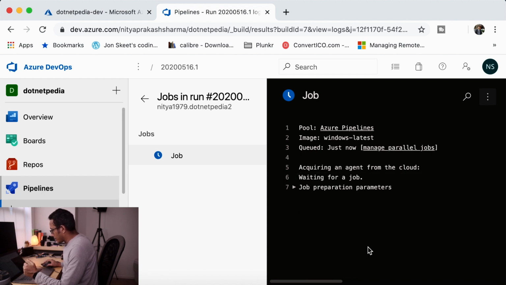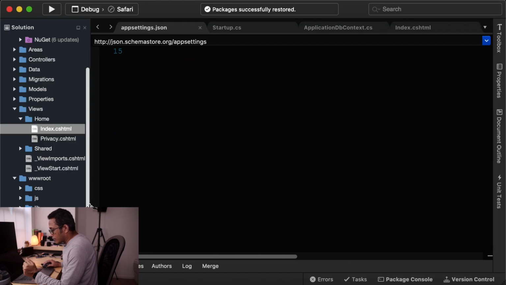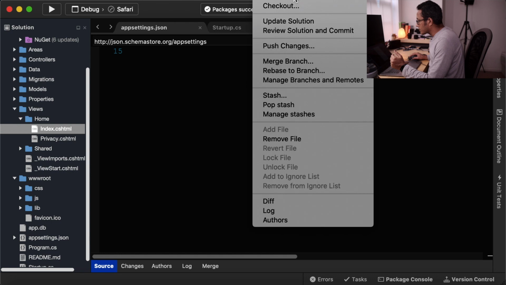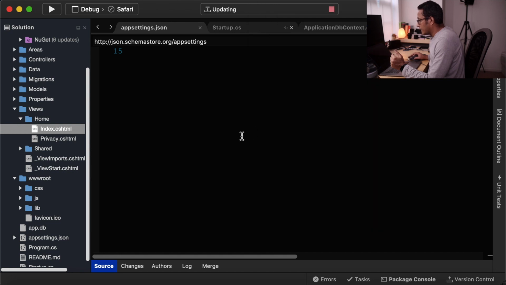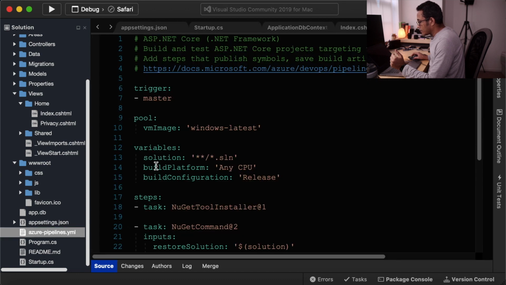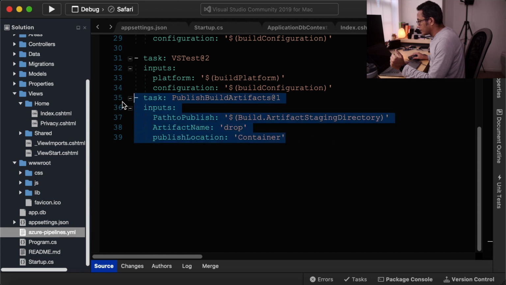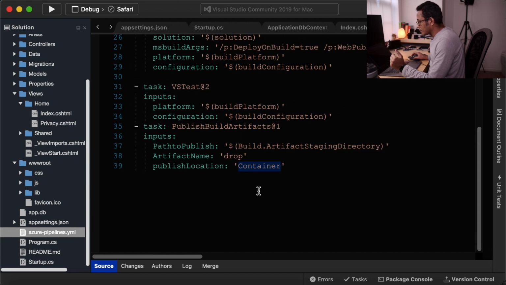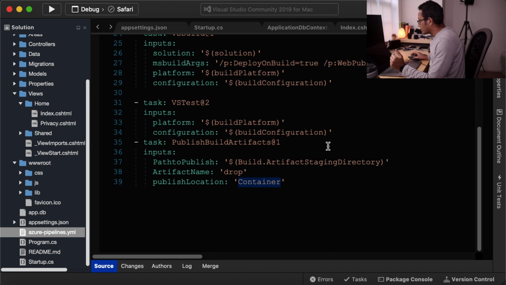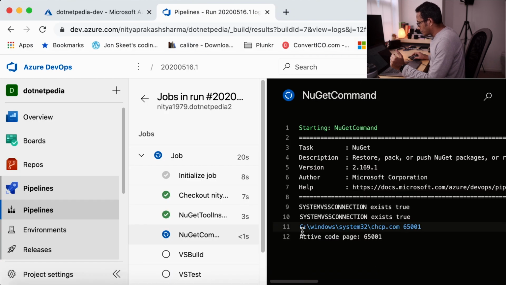In between we can check our project. In the project, let's take the latest version control update, and we'll see this is the YAML file, it is created. So this is what we added in this whole process. Okay, let's see how the build goes. The build is started.